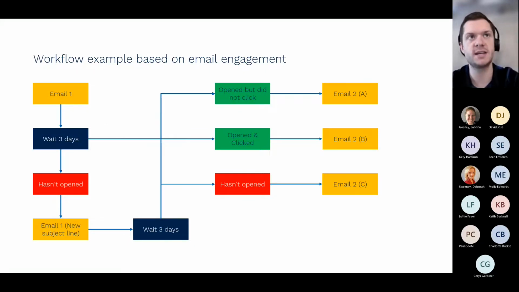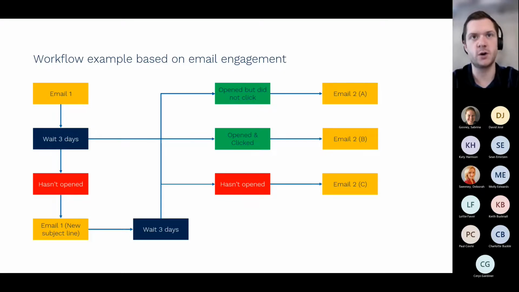But similarly, if they've opened and didn't click, they might get email 2. If they've opened and clicked, obviously they've engaged the most. We send them another variant, and then email 2, A, B, and C would just be slightly tweaked versions based on what we understand about them. So email 2A might be obviously less convincing because they haven't clicked it. Email 2B might start to use information around, what did you think about the blog we posted, because we know they've clicked it. Whereas email 2A might be, sorry you didn't engage with this blog. What about this one instead? Obviously, we wouldn't write those words, but you start to understand how we can engage.